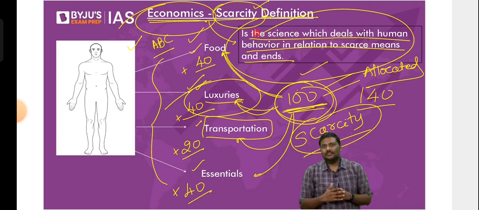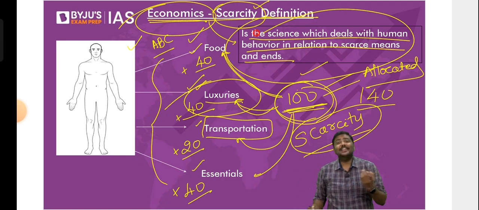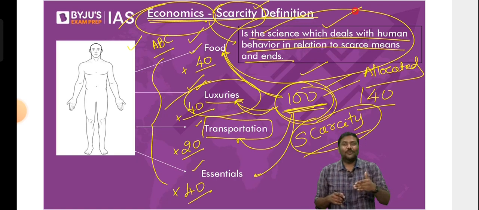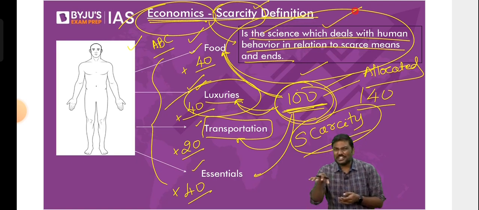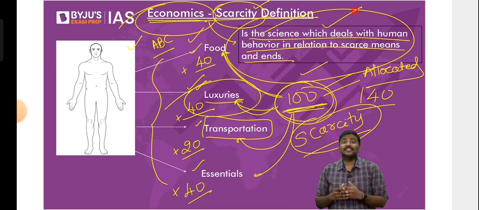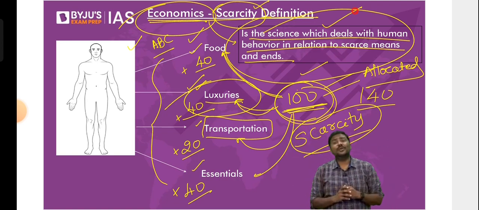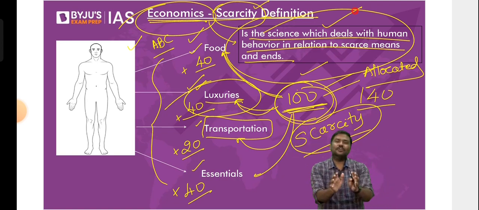After a certain number of days, we realize we are not Ambanis, we are not Adanis. Our salary is limited. The amount of money we have is limited. Then you will start practicing economics. You want to go to office, you'll say, Ola, no, that is very costly, surge pricing. I will take the metro. You want to eat, but money is less. Then you say, no, Maggie in 2 minutes. Who will get ready, go to a restaurant, wait in a queue, spend hours, and have you seen the traffic? I will make Maggie in 2 minutes at home.